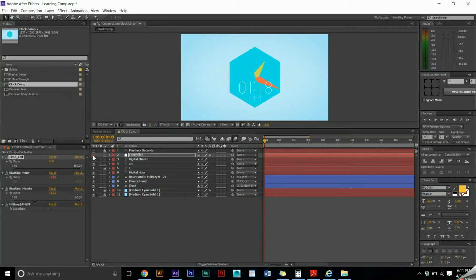So the first thing I have here is my controller, which is just a null object hidden in the middle with these 4 sliders. I'll set that to 6. I'm going to set this one to 0, and as you can see, this is adjusting the time to whatever I put it at. So I put that at 45. It says 12:45 now. I can bring this in, and it keeps going, and if you watch the AM and